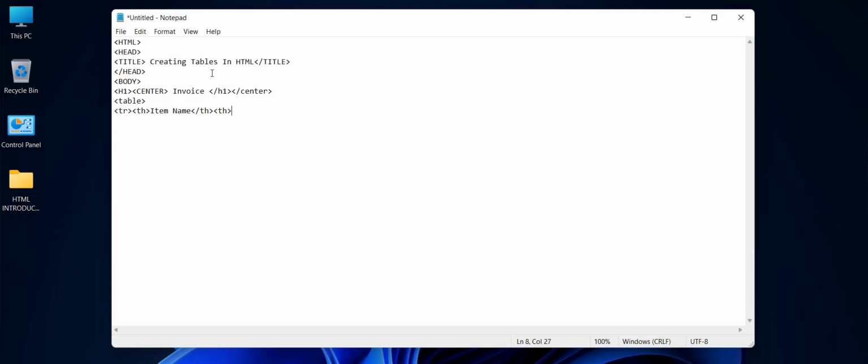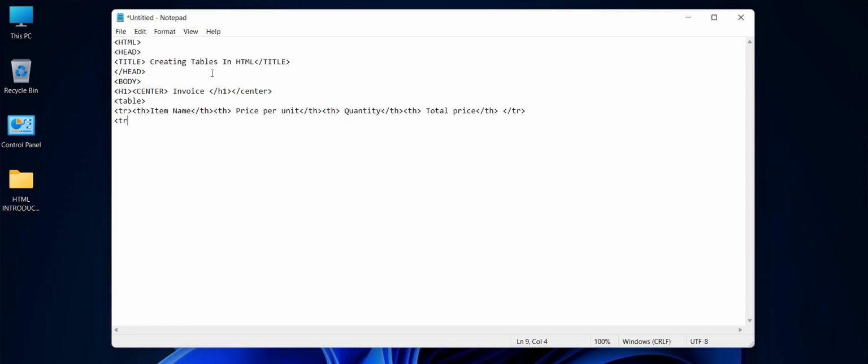Then I'll again write th, then price per unit, then I'll end the th, I'll again write th, and I'll write quantity, I'll end the th, I'll again write th, and this time I'll write total price. Total price in the th. So we need to end the table row as well, so that we specify the computer where the table row ends.